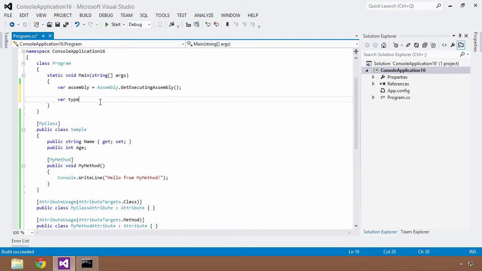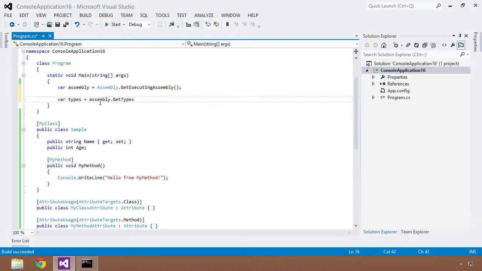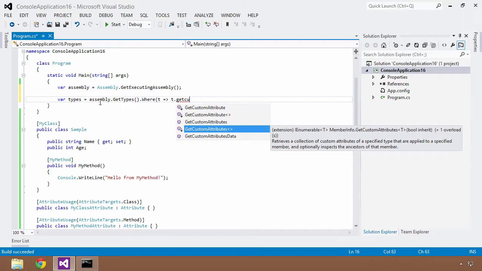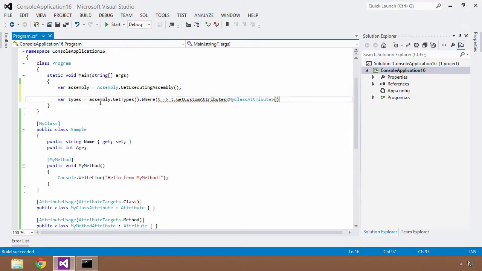So let's do this again, var types equal to, or actually better yet, we'll call this my types or sample types. We'll call it types just for simplicity's sake. And now I can say assembly.GetTypes, and now that I've done that, I want to specify that I want to get the types where GetCustomAttributes, and that custom attribute that I'm looking for is the MyClass attribute. So I want to get those where GetCustomAttributes where the count of that is greater than 0, which